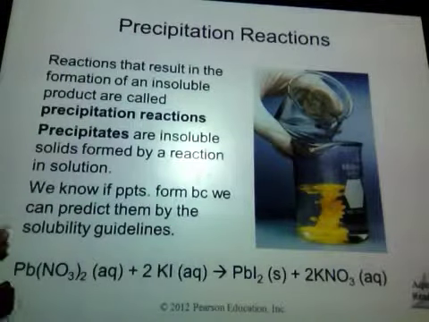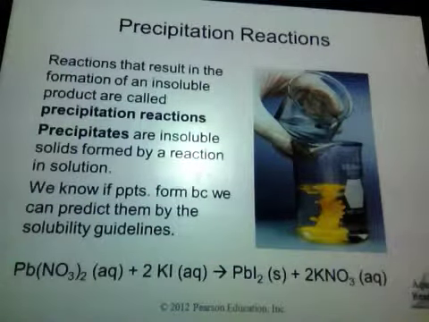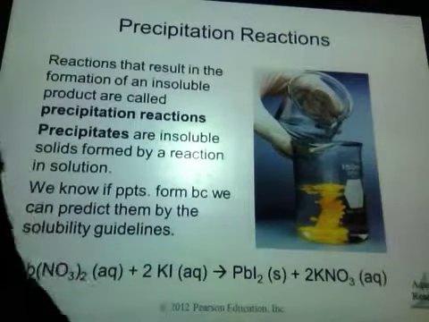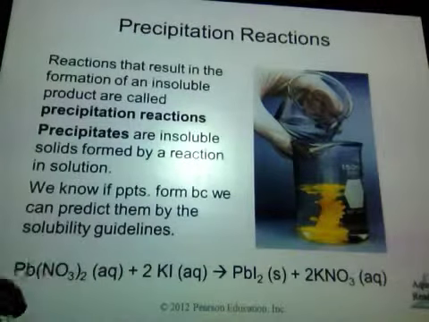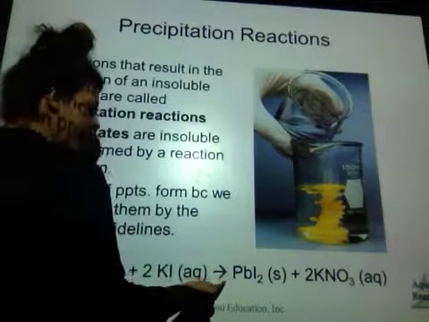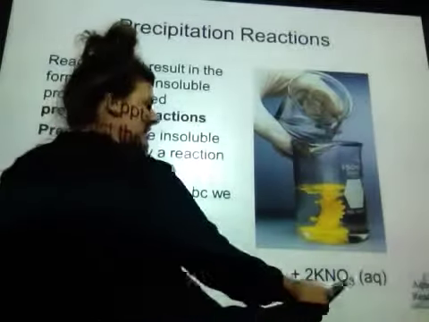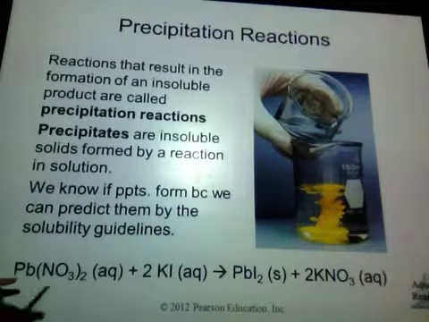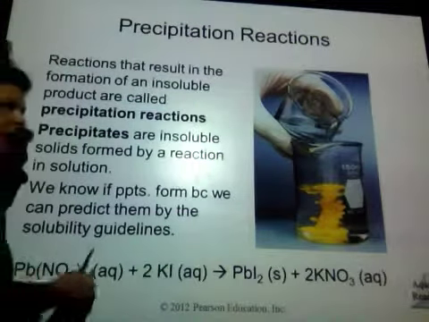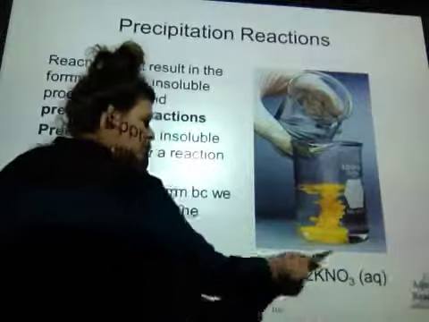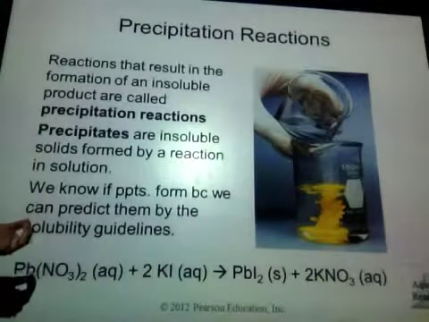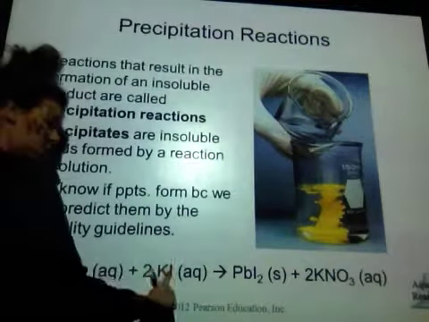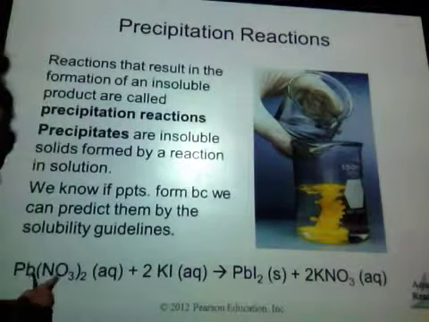So yay for that. Okay, if I look at this example here, I have lead 2 nitrate, and that's reacting with potassium iodide. And when those two react, I get lead 2 iodide, and then I get potassium nitrate. So if I used my solubility rules, I gave you at first just this part of the reaction, and I would want you to find the products. So if I use my solubility rules, and I know that this is a double replacement reaction, so Pb will go with iodine, potassium will go with nitrate,